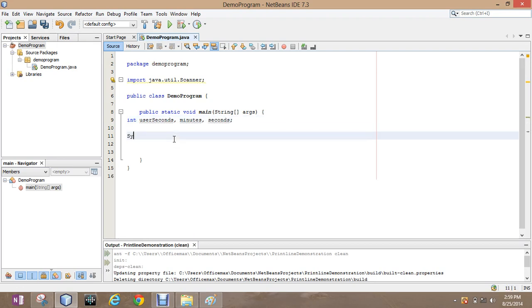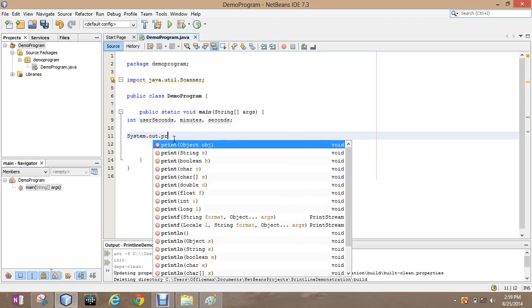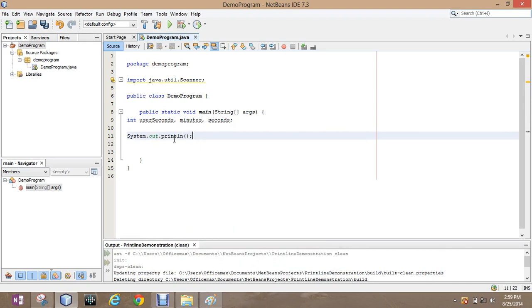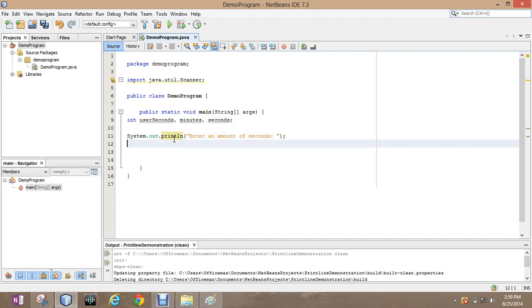And then I'm going to ask my user through a print line, because remember, we have to show the user what we want from them, enter an amount of seconds. On the next line, because we're bringing in integers, we're going to put the value entered into the variable userSeconds. So userSeconds equals,